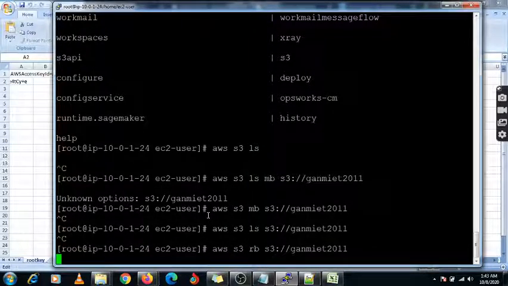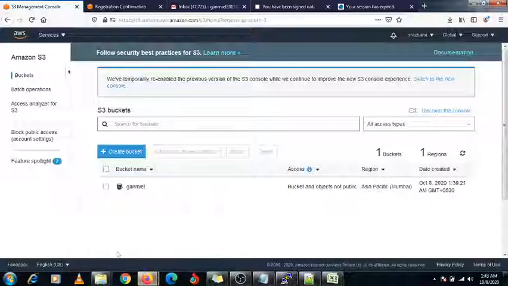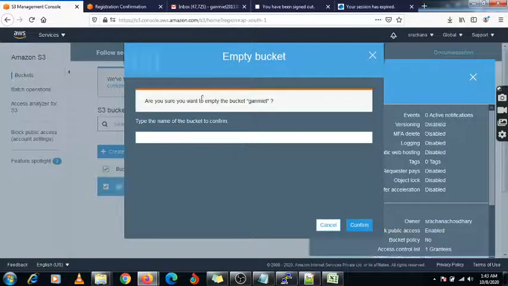This command you can use to remove your bucket. Now this is not connected properly, so I am going to remove it manually from the management console.